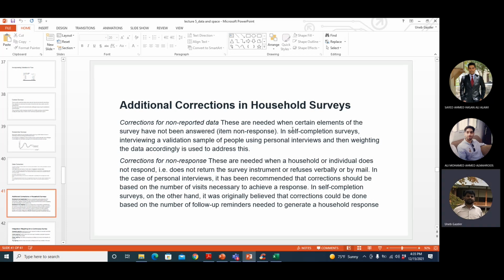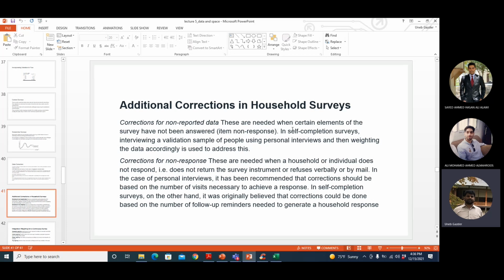Obviously when we do the interview survey, we will make sure that these items are recorded, and then we will try to guess the values of those questions for other people depending upon the interview study. So say income is not answered, so you do a separate, additional interview study, and whatever answers you get from it, you assume they are the same for certain types of people in the self-completed questionnaire as well. This is how you deal with it. You have to take some extra data. So this is correction for non-reported data.